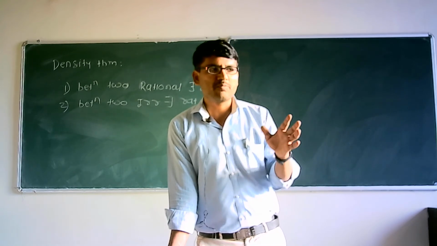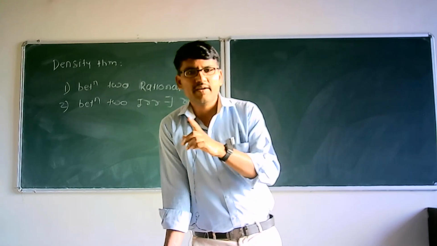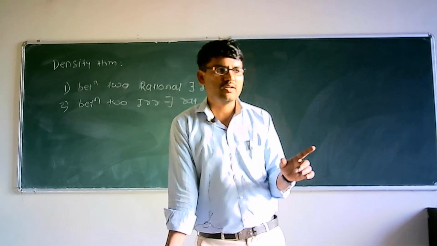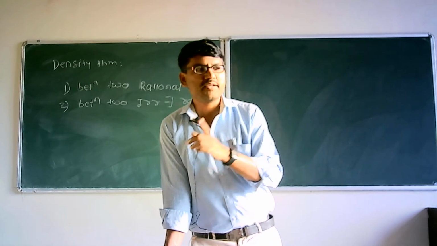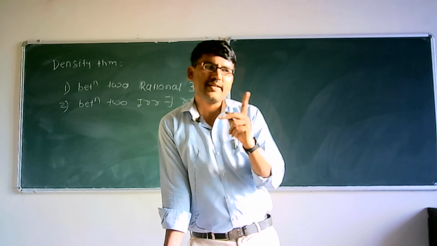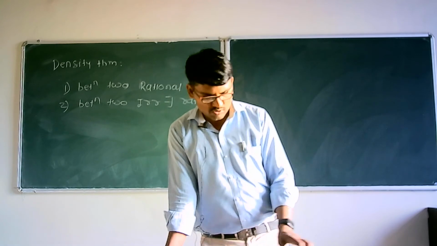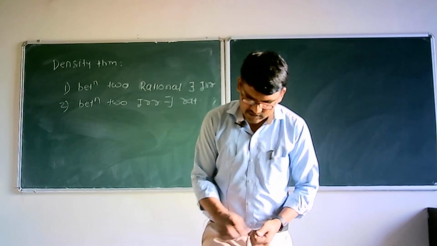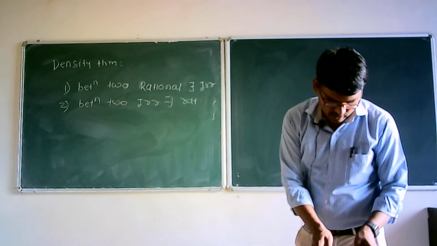So a rational number is of the form p by q, or it is a terminating or a repeating decimal fraction. What is an irrational number? It is a non-terminating, non-repeating decimal fraction. So between any two irrational numbers there exists a rational number, and between any two rational numbers there exists an irrational number. So now in the exam there is a question like this: